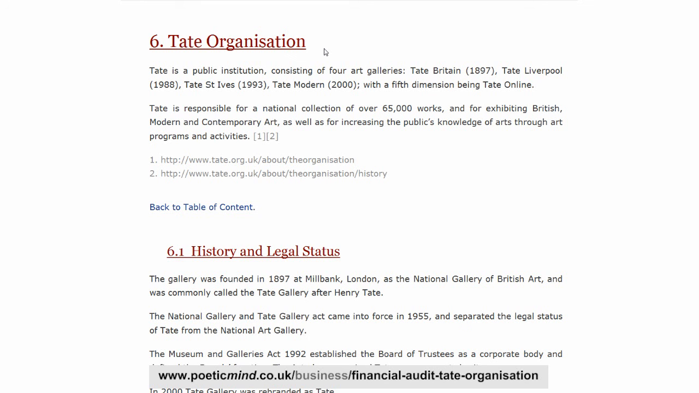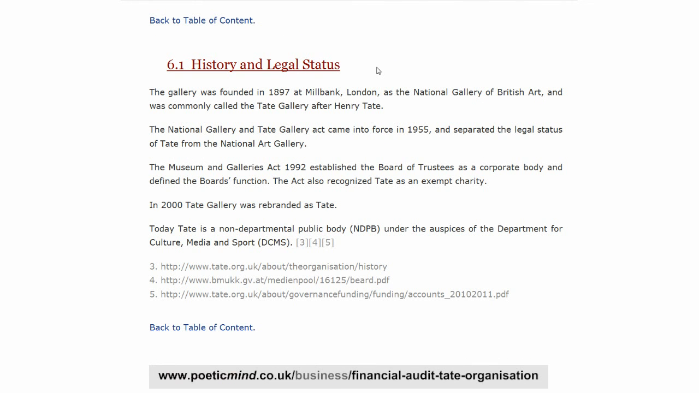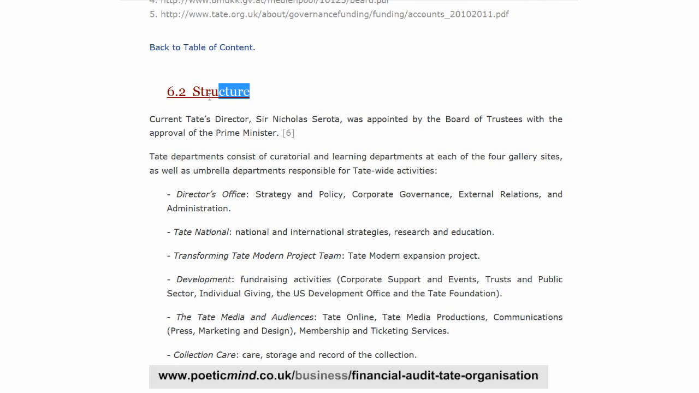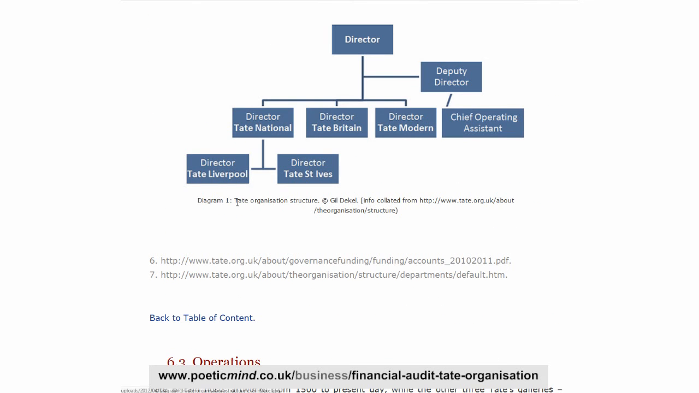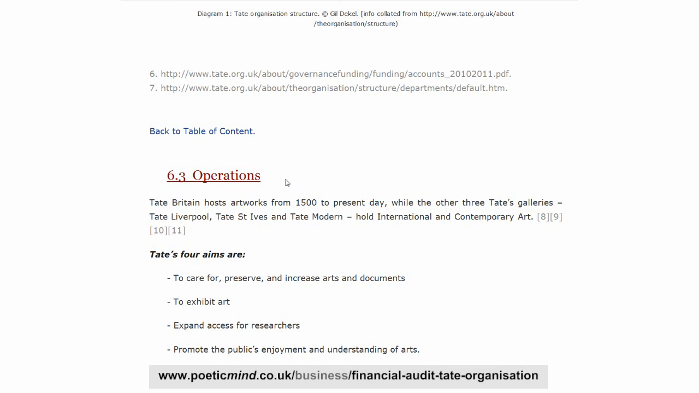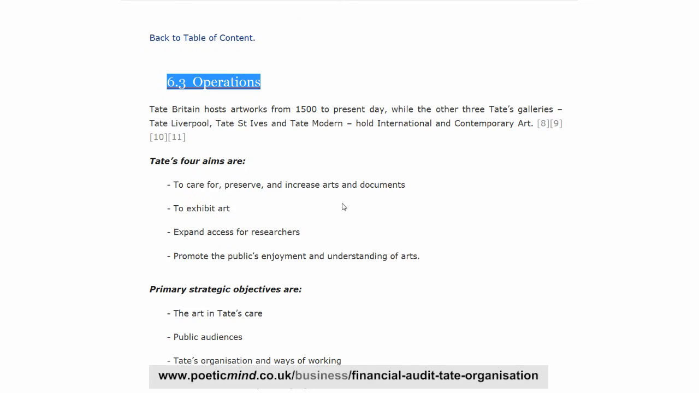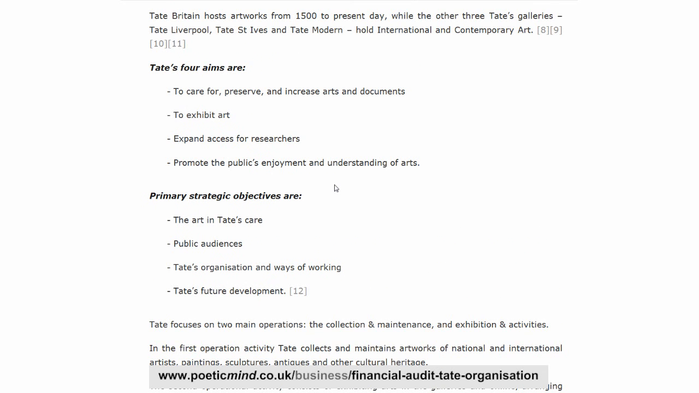You continue to section 6, which is about the organization, your company, in this case the Tate Organization. So you would write about the history and the legal status of your organization, the current structure. There's an organizational structure diagram here. You continue to your operations with the organization's aims and strategies,